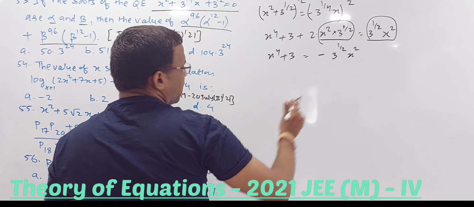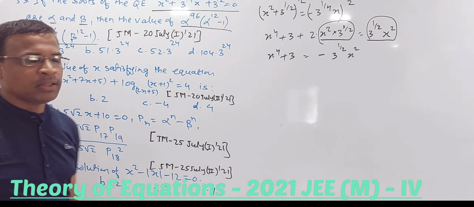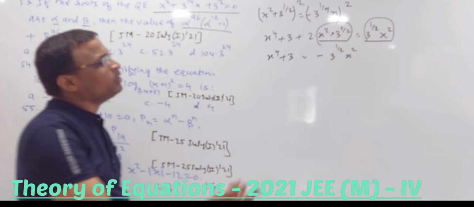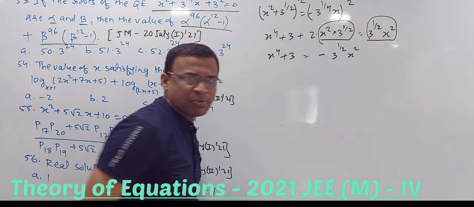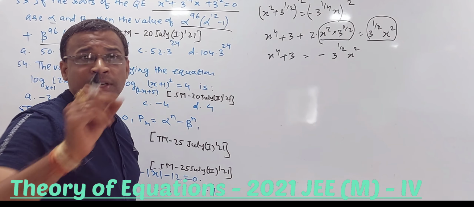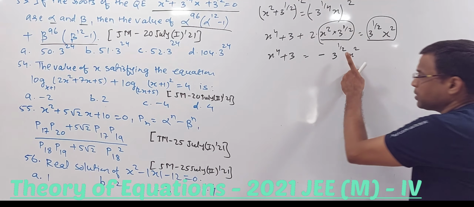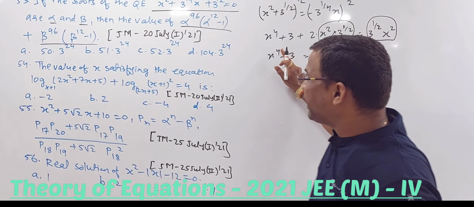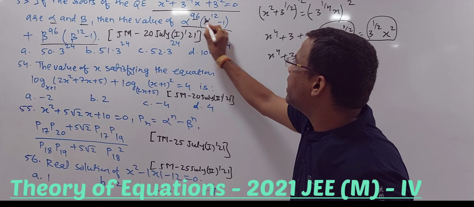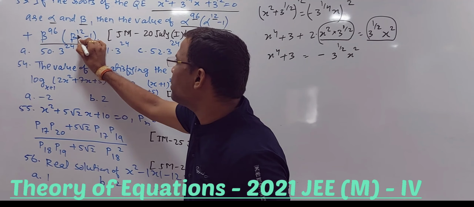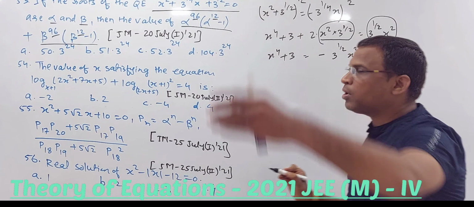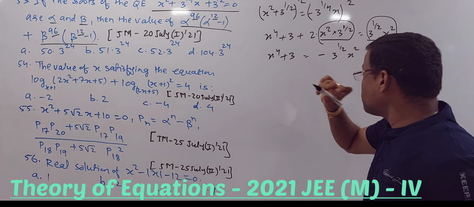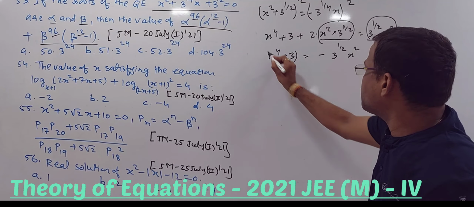Fine. Now one more time, because I don't want the radical in the power, we will square it out one more time. So let us see what will happen. Two things we can do with that. If I square it out, first of all it will become radical free, and second we will get x power 8, and this 96 and 12, something correlated with power of 8. We will just check it out. That will be useful for us. So let me square this out one more time.